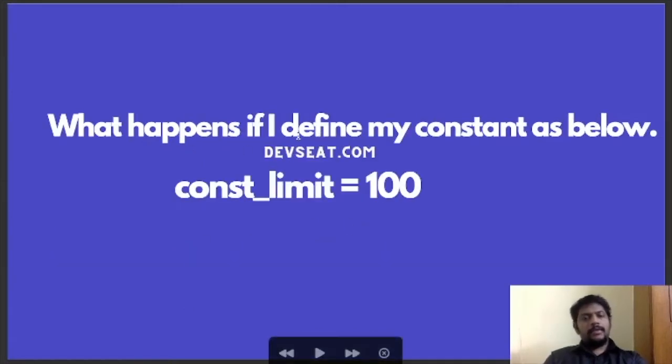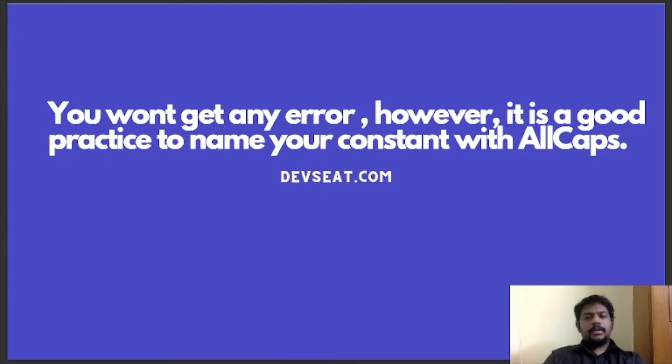Now tell me what happens if I define my constant as below. const limit equal to 100, where I have written everything in small letters. No, you won't get any error.